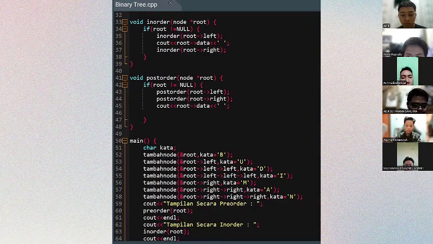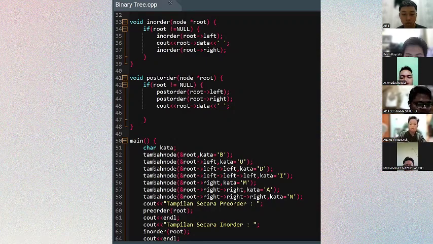And below we use the command cout or output for the previous void functions, such as preorder, which is root. Because we use the search data from the root first, after that we follow the command from the preorder: root, left side, right side. Inorder uses the same search data, root first, followed by the inorder command, namely left side, root, right side.